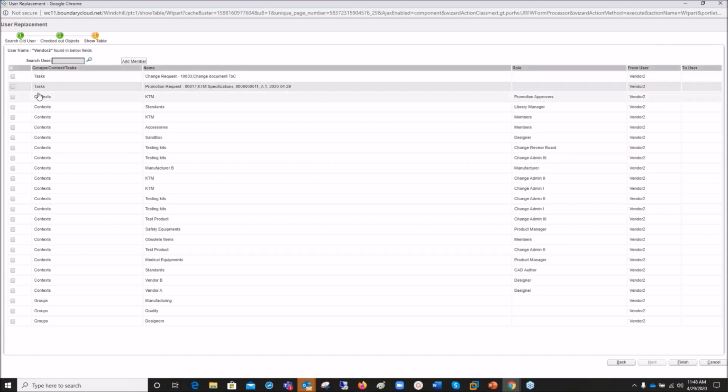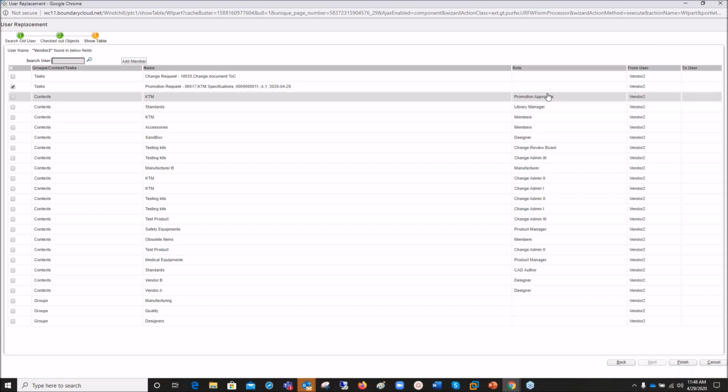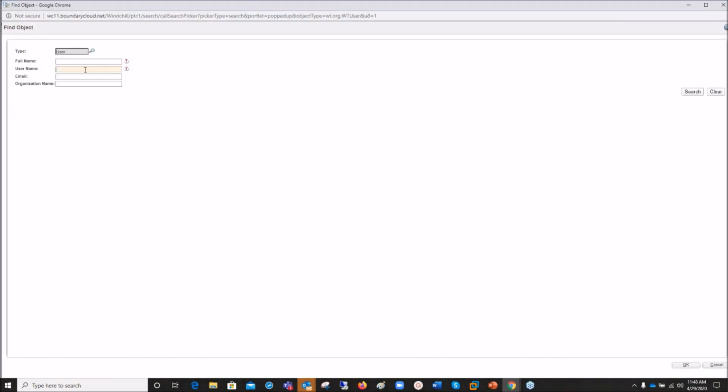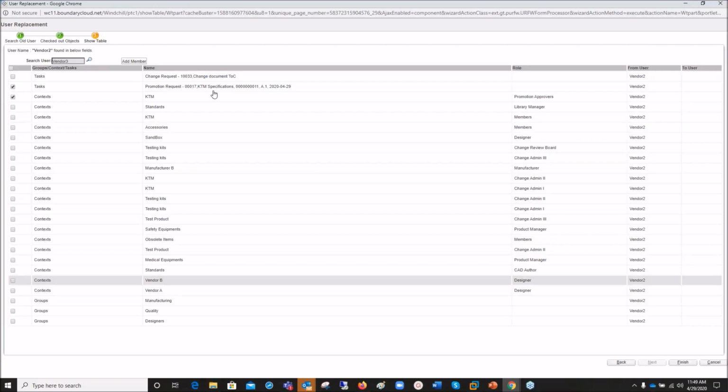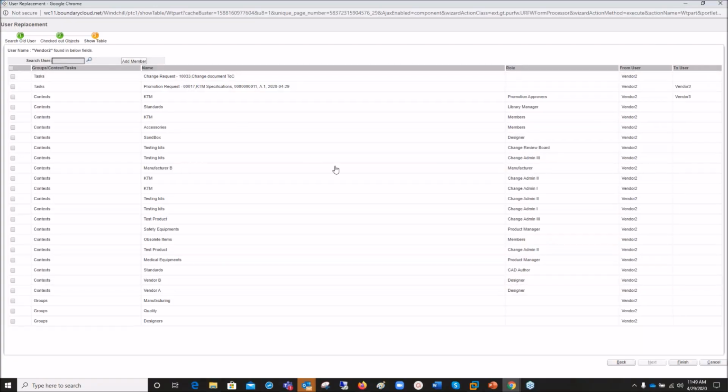And then these are all the groups and permissions that he's assigned to. So at this stage, I'm going to move the promotion request, as well as the promotion approval role, to a different user. I'm going to move just those two over to the other user, who is called vendor 3. On my user, you'll notice that the user is added only to those two, a role and a